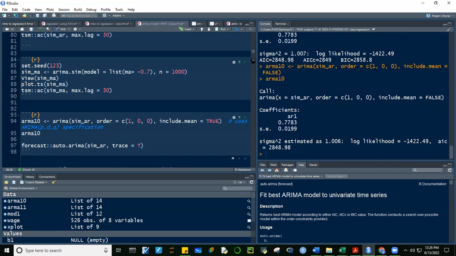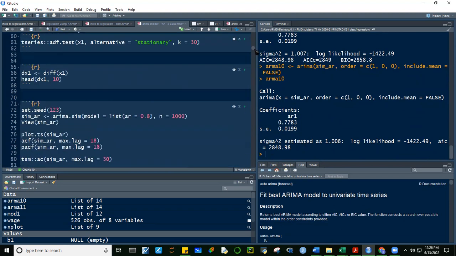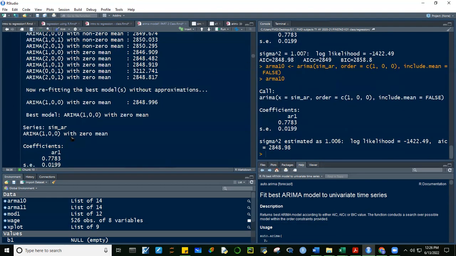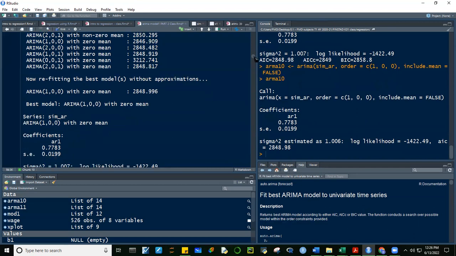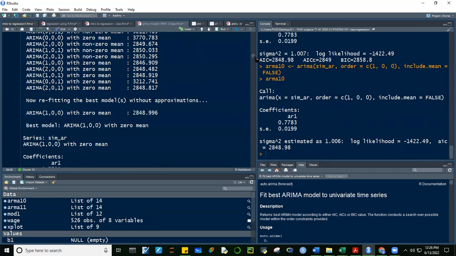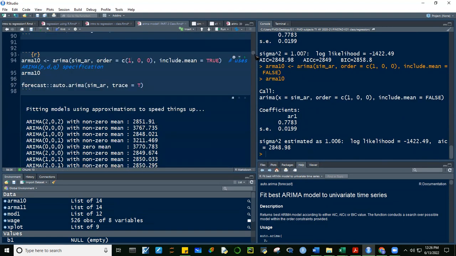Okay, and that was the model suggested by your ARIMA function. So, best model, okay, ARIMA 100 with 0 mean. Okay, 2848.98. So that could have been also generated using yung ARIMA, no?